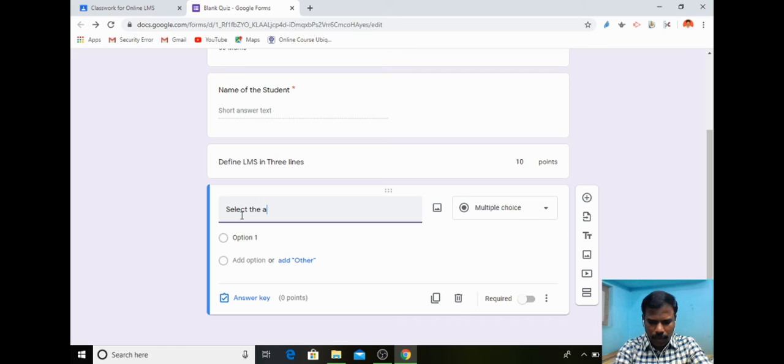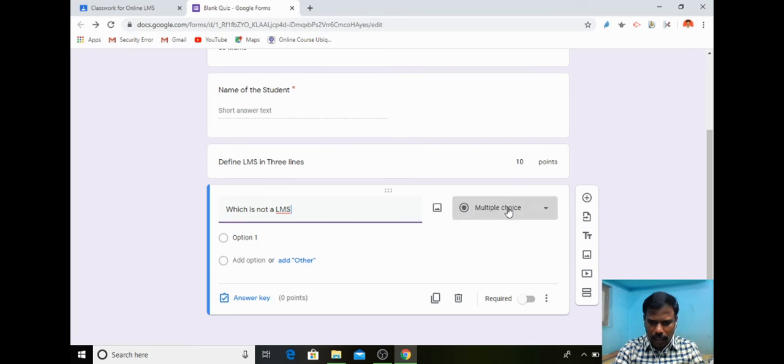Select the appropriate option, which is not an LMS.